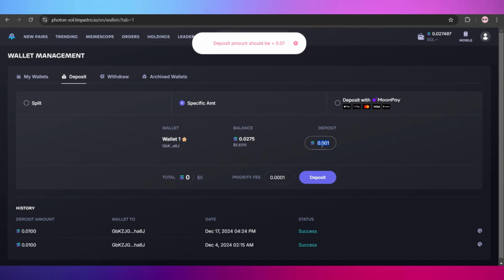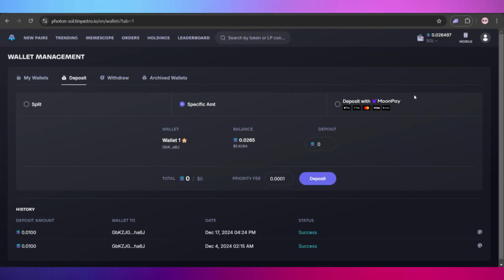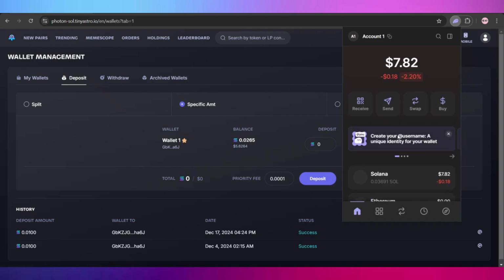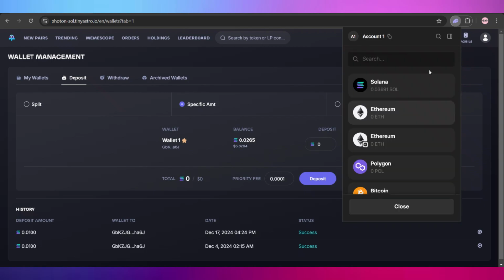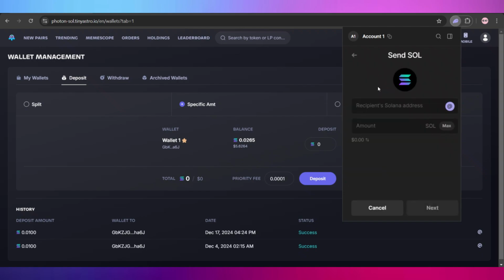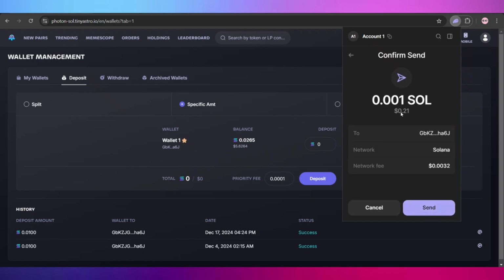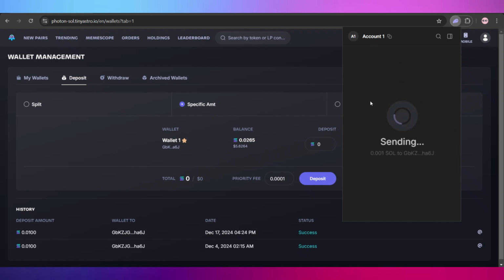So I'm going to show you in a few seconds. I have my Phantom wallet extension on my Google Chrome. I'll simply go and open up my Phantom wallet from there, and once it is open, we'll select send, select Solana, and we'll paste the address that we copied earlier and enter the amount that we want to send. For example, this, and we can select next, and from here just confirm the transaction and wait